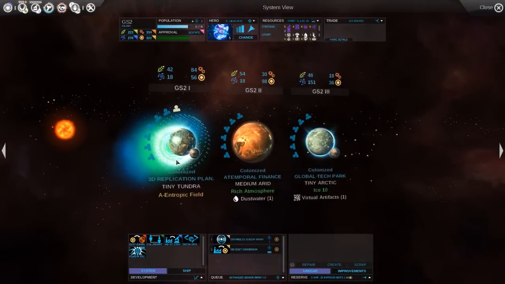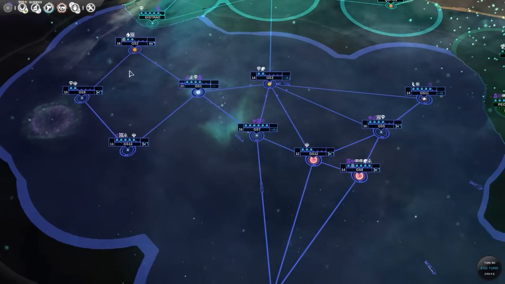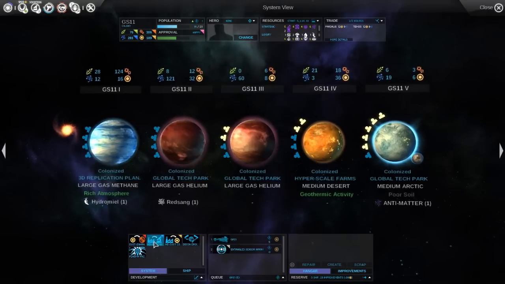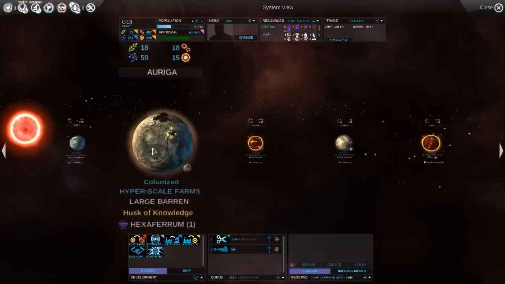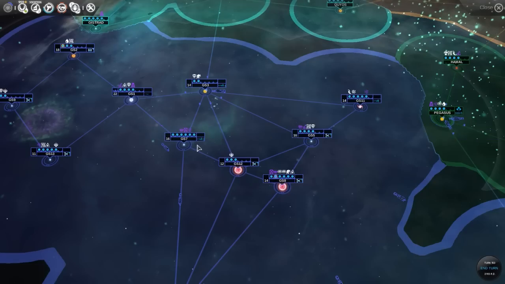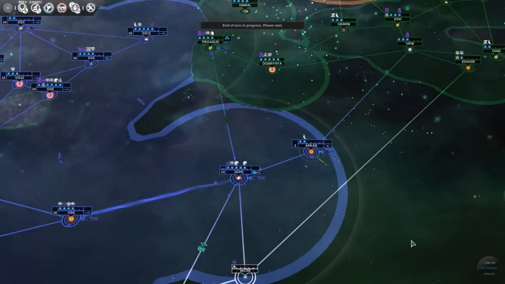Now, there's a lot of things I can do here. There's like entropic fields and stuff. There's other systems where we can go around and actually get like a full upgrade. Like for example, the Husk of Knowledge, which is here. But you need to have adamantium, so we need to get on that as soon as possible. Anyway, let's just end the turn